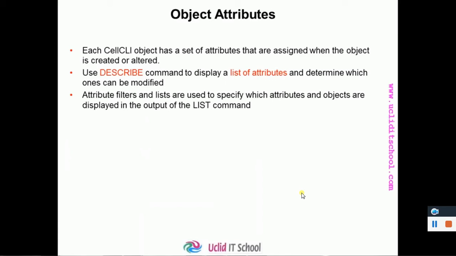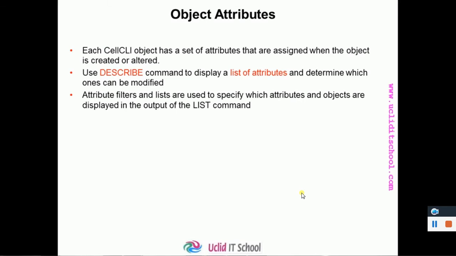You can list the attributes using the describe command. Not only that, it will show you which attributes can be modified by the user and which attributes cannot be modified. You can use attribute filters in the list command to list the results as per your specific requirements.